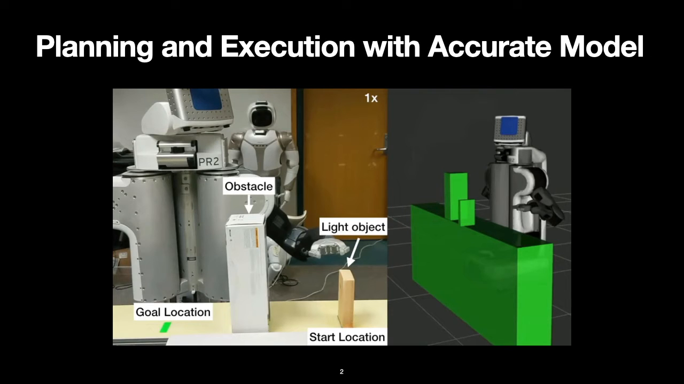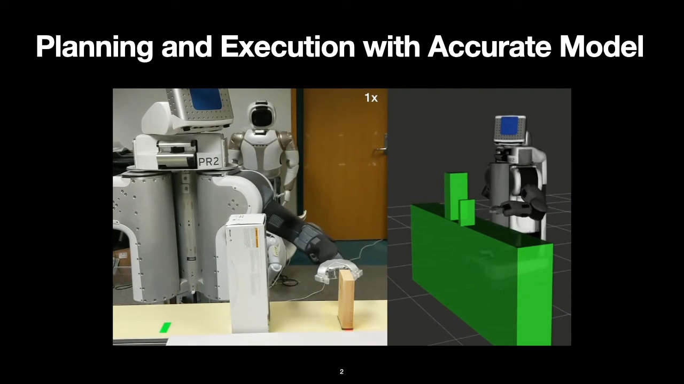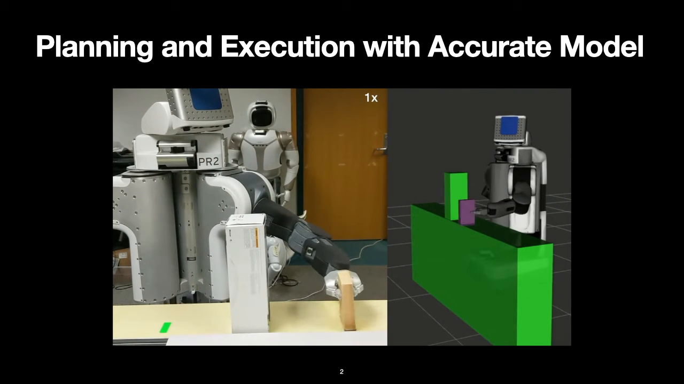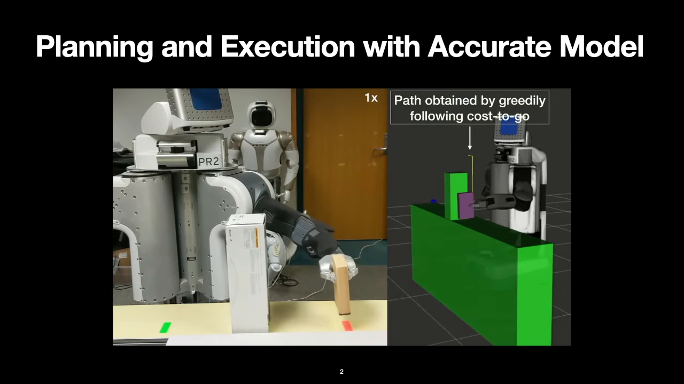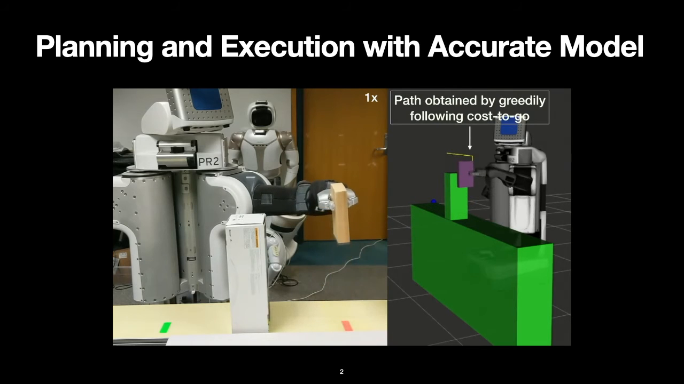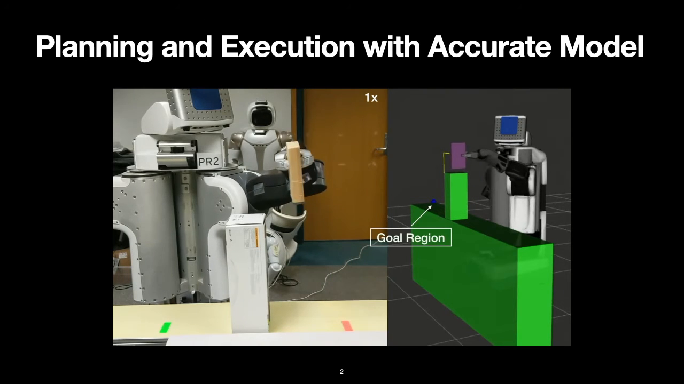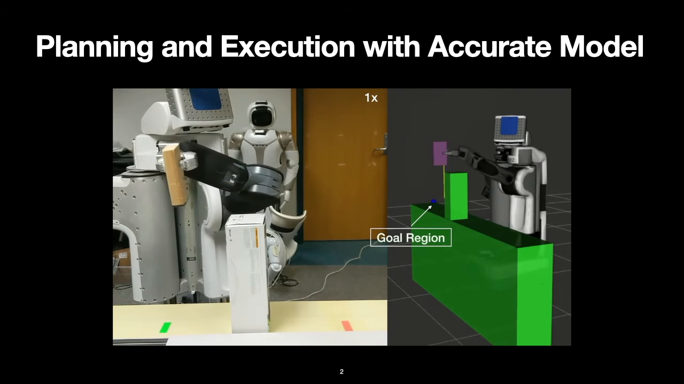where the PR2's objective is to pick up this light object from the start location and move it to the goal location while avoiding collision with the obstacle. If we have an accurate dynamical model that captures the weight of the object, the location of the obstacle, and other relevant parameters exactly, then our planner comes up with a path that avoids the obstacle and our execution is